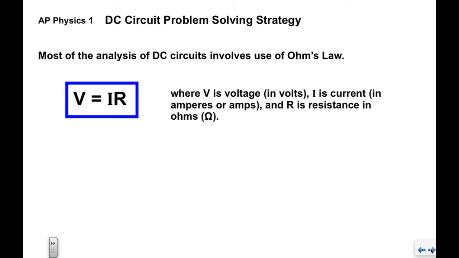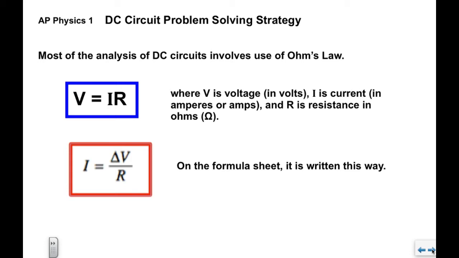Now most of the analysis of DC circuits involves the use of Ohm's law. Ohm's law is V equals IR. V is the voltage, I is the current in amps, and R is the resistance in ohms. On your formula sheet, it looks like this: current, or I, equals delta V over R. We would describe the delta V as the voltage drop